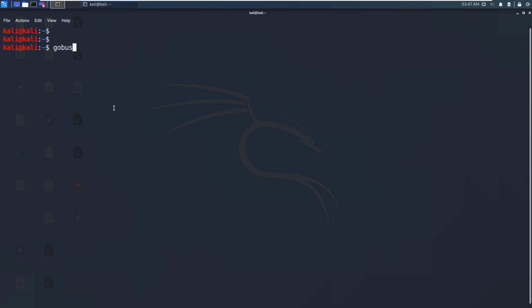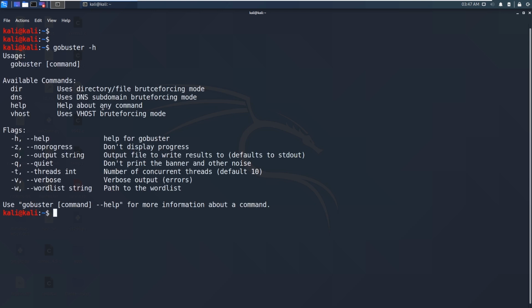So let me type gobuster -h for the help page, and you can see the available commands are dir, dns, help, vhost. In this video we are going to look at this dir command, and for it you need to specify some flags: h for help, and z for no progress, which means don't display the progress, just brute force and tell me if there is any index or not.